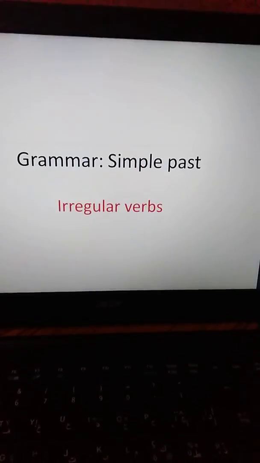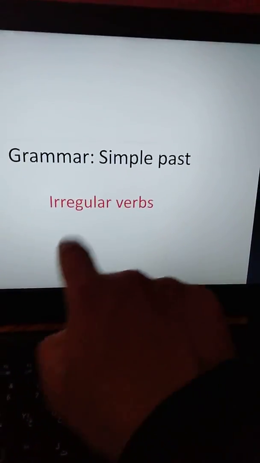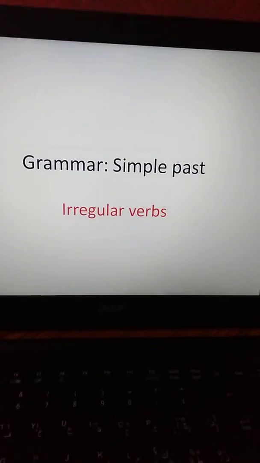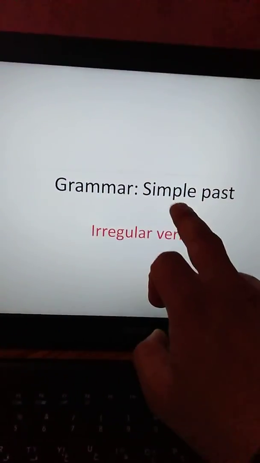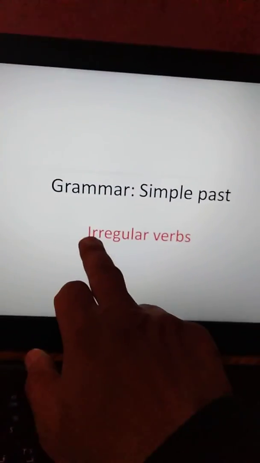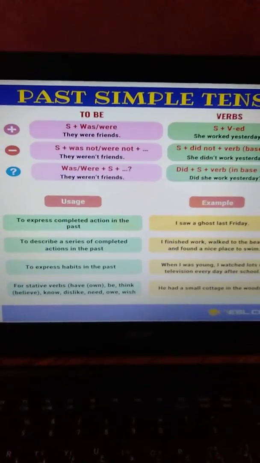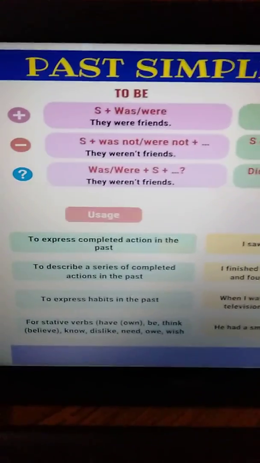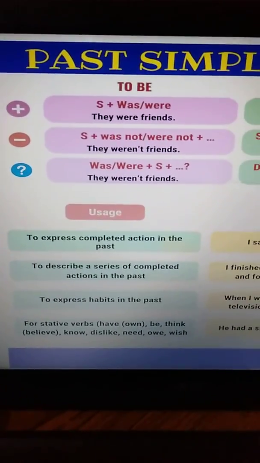So today we are going to deal with grammar, simple past, and we are going to deal, of course, with irregular verbs. Of course, last session or last unit we dealt with grammar, simple past, regular verbs. Today we are going to talk about irregular verbs, and before that we are going to do a small recap about simple past tense, and of course we talked about the verb to be in the past, and we